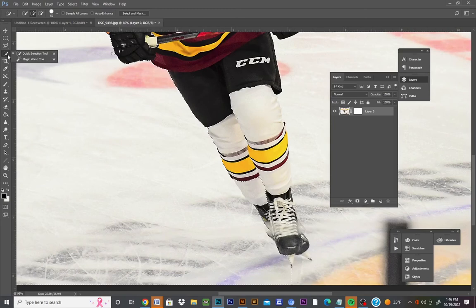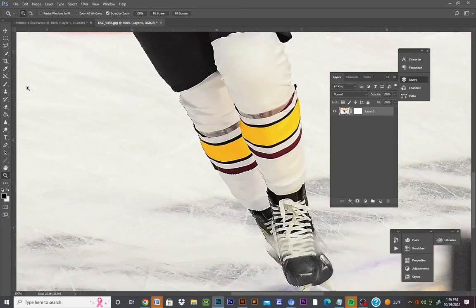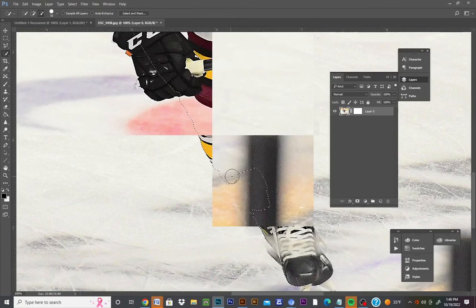If you go into your Quick Selection tool, you see you've got a plus and then a minus. You're going to click that minus, subtract from selection. That's what you want, and you're going to start trying to form outside